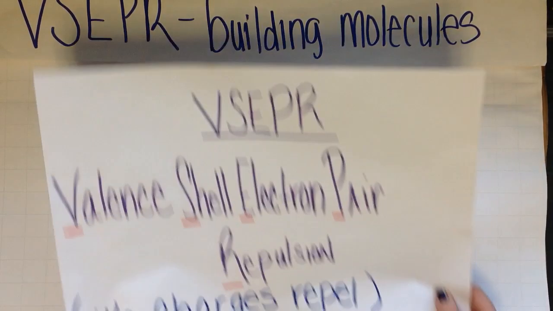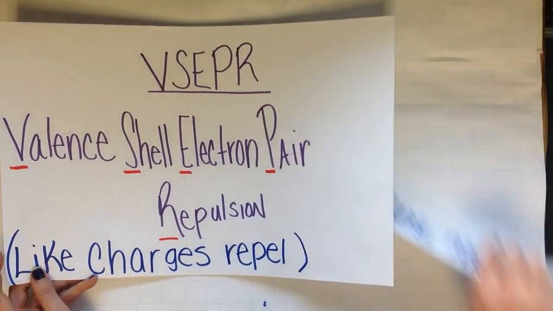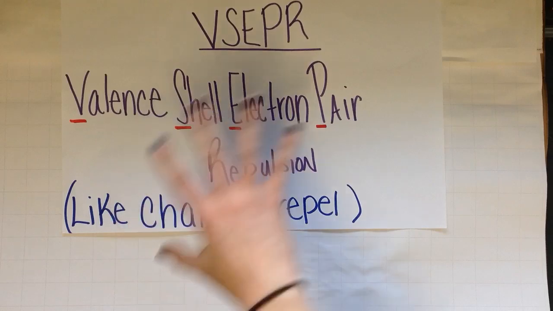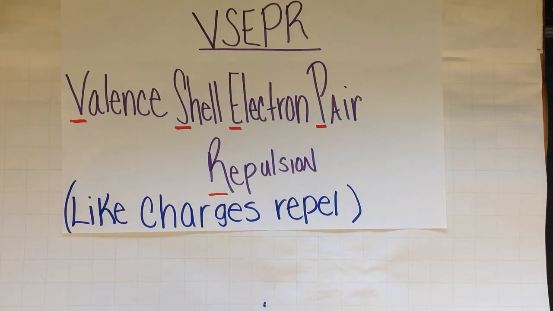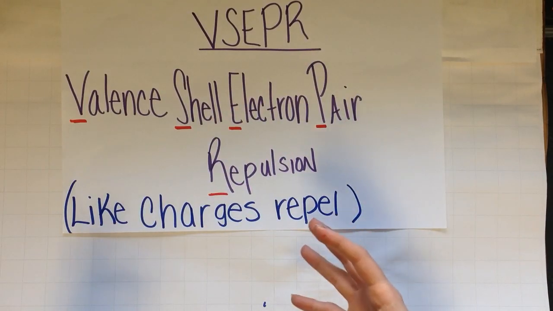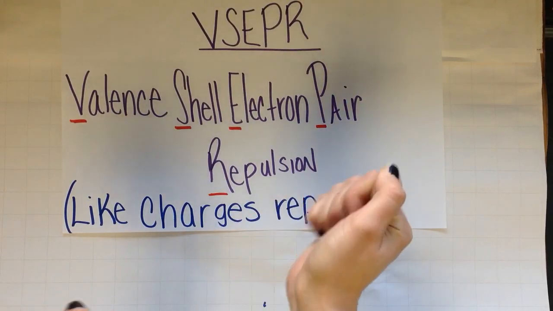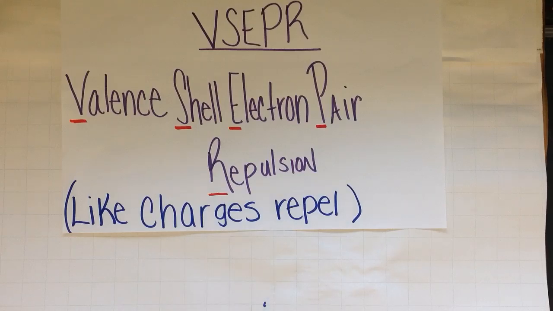VSEPR stands for valence shell electron pair repulsion. Just like the name indicates, we're talking about the electrons arranging themselves in a way so that they can exist together, but remember that like charges, electron and electron, want to repel. So they position themselves around the atom in a way that they can exist, but still be the maximum distance